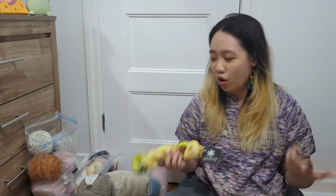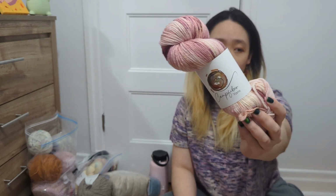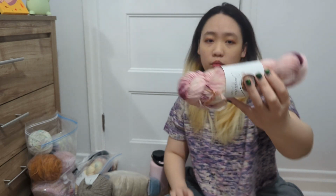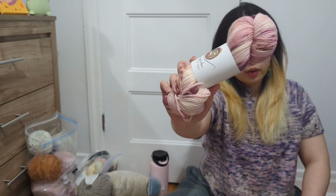But you know, I'm just a sporadic cast-on knitting person, so I don't always follow my plans. Next, we have Campfiber Yarns in the colorway Cherry Blossom. I got the label misprinted, pretty sure just an honest mistake, but it is the colorway Cherry Blossom in the non-superwash DK base, which is